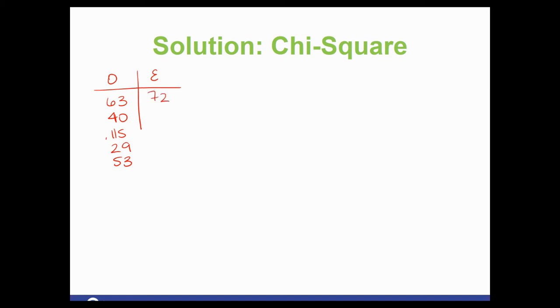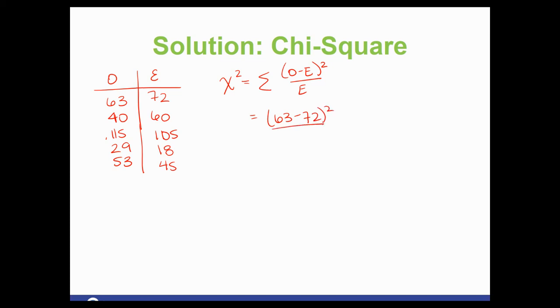Our formula is going to take just these two values, O's and E's, and we are going to subtract them, square them, and divide by E. So O minus E squared over E. And the sigma in the front means you're going to do it for each row and then add them all up. So 63 minus 72 squared divided by 72 plus,